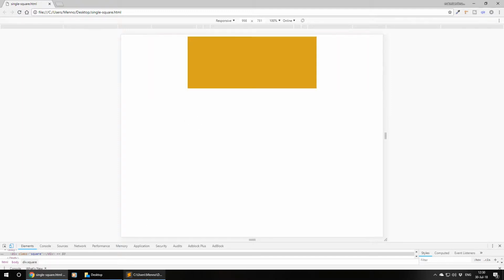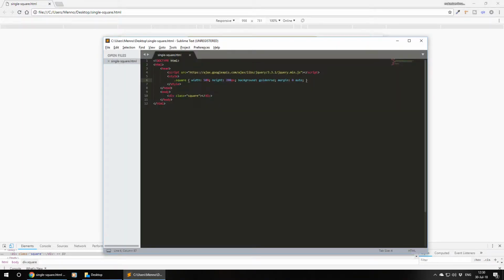Right, so next thing I want to do is apply the jQuery that we got. So I'm going to copy my jQuery script that I've already created. I'm going to put this just above the closing body tag, which is right here. This is the closing body tag. So just above that, I'm going to put our script for jQuery. So basically what it's doing is, I'll put a little comment here, but basically what I did is I created a function